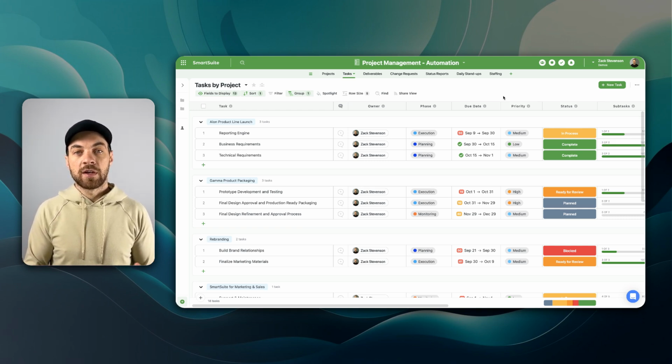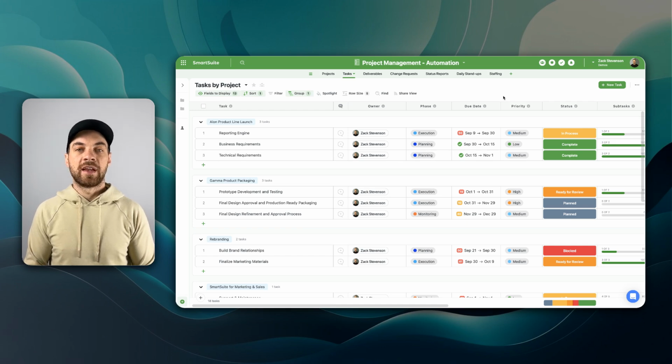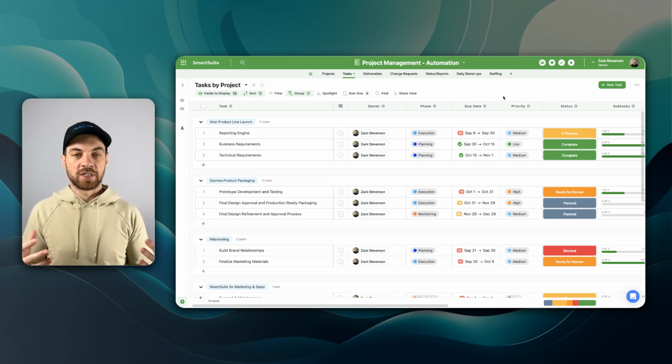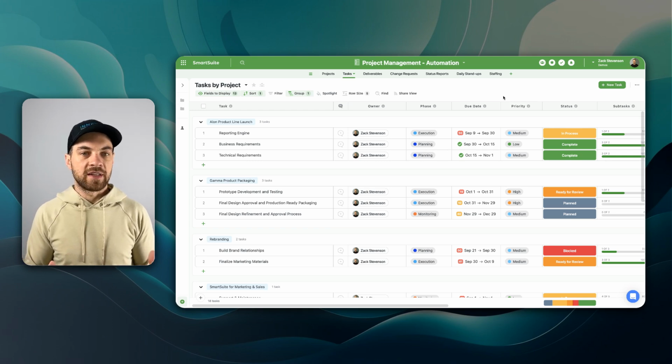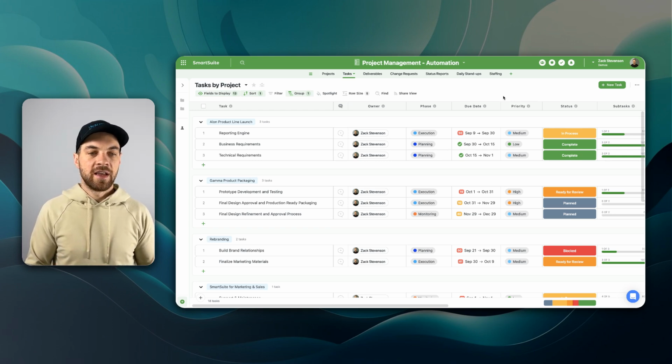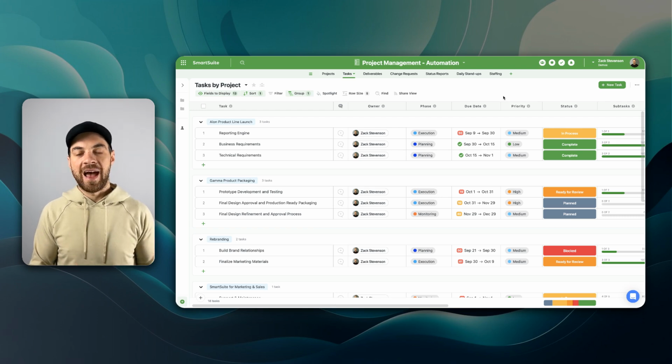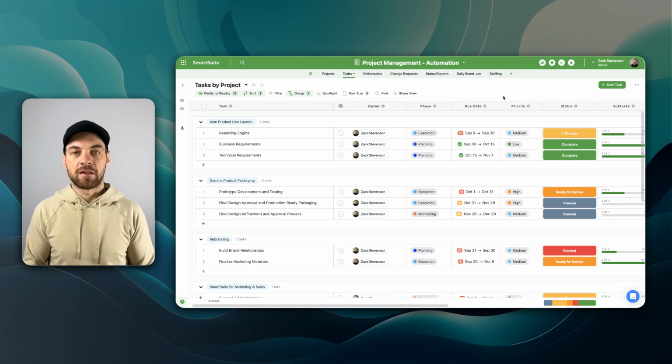The first thing we're going to look at is automatically creating a task within your project management tool based on an email received. So often clients will send emails to add tasks or communicate about any specific task on a project. And instead of going in and manually adding that, we can set up a workflow that goes from email to creating your task automatically, or at least a large percentage of the information can be added into